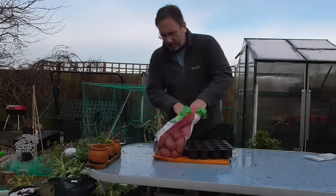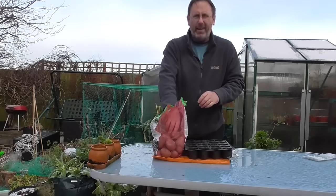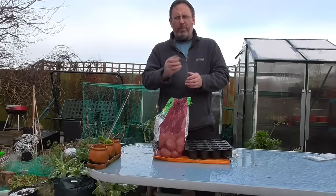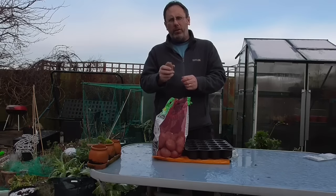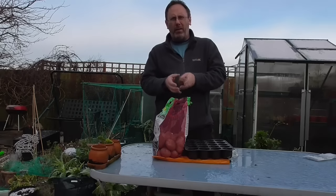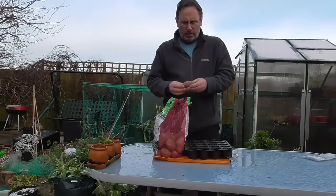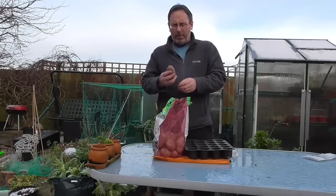So these are my Sarpo Miras, and the one thing I would say is when you buy them, start chitting them straight away. I know a few people try and put them in the fridge for a short while, and they'll really take a long time to chit, but I do mine straight away. So all you need to do, and you've seen us do this before, is